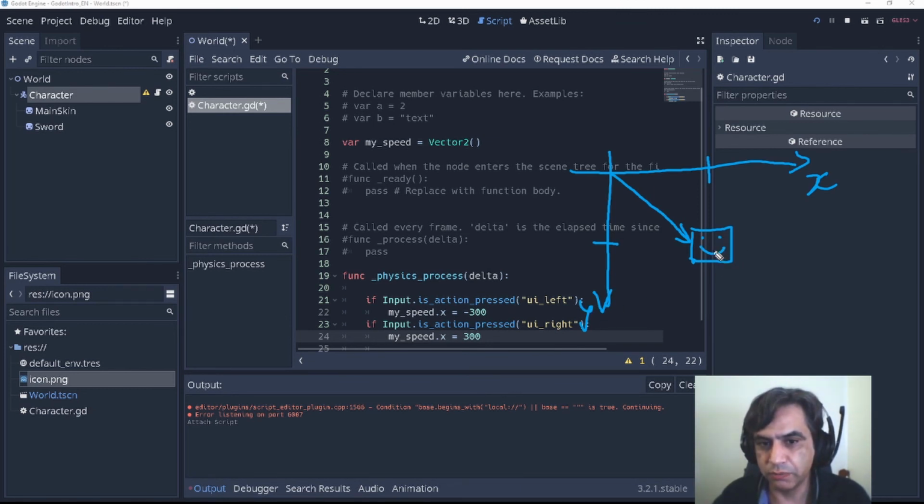So the position of my character is a Vector2, because we are using two dimensions, but also my speed. Imagine that I want my character to move in this direction. This is what I defined here by my speed.